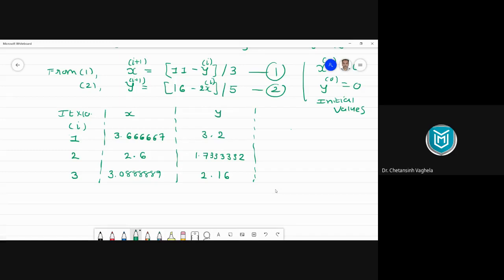If we are looking for 2 decimal accuracy, then if after the decimal point 2 digits are the same, we'll stop the process. If we are looking for 3 decimal accuracy, we'll look for 3 same digits after the decimal in the current iteration and in the previous iteration. So as per this condition, there is 0 decimal accuracy currently. We don't have any accuracy till iteration number 3. So let's move to the fourth iteration.